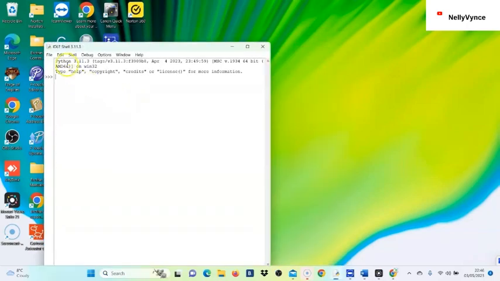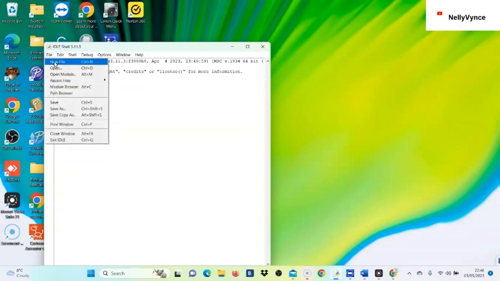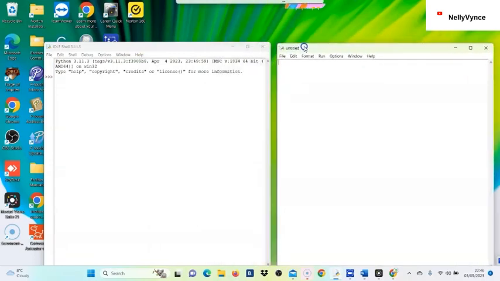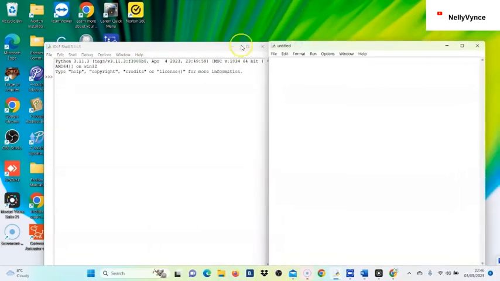Once this comes up, all you have to do is click on the file and get a new file. This new file is where you're going to be running your code, and the one on the left is where your output is going to show. If you want to have this file saved before you proceed, fine and good, but if you do not want it, carry on with your code. At the end, it's going to prompt you to have it saved before the code is going to run. So we're going to start from